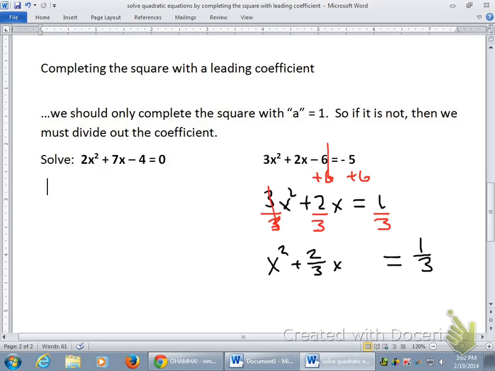So of course in my head I'm looking at that 2/3, and I'm thinking to myself, okay, I need half of 2/3, so that's 2/3 divided by